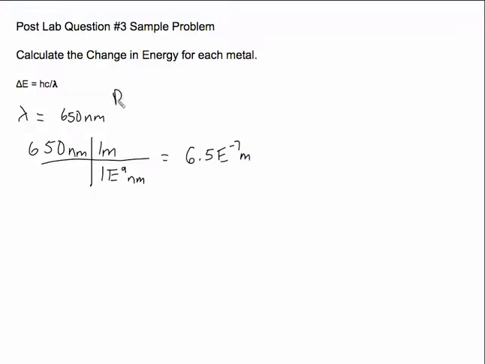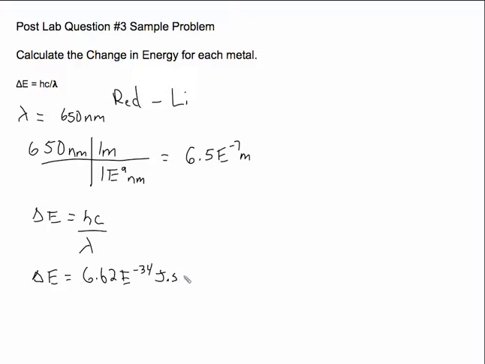That's for red light. So I'm doing this one for red light, which is the lithium metal, I believe is what you will find. Okay, so once you get that, you can use this equation: the change in energy is equal to Planck's constant times the speed of light divided by the wavelength. The change in energy, which is what we're trying to calculate, is equal to Planck's constant, which is 6.62 e to the minus 34 joules times seconds,